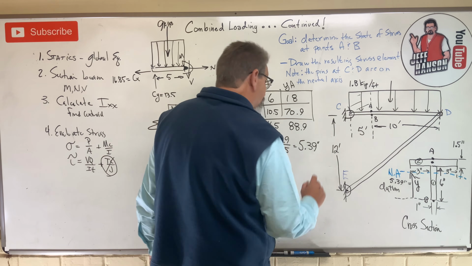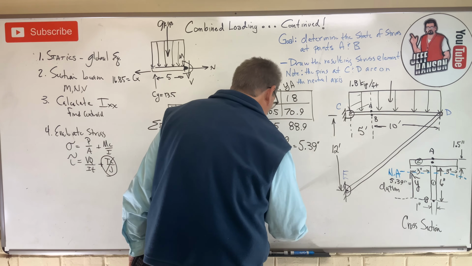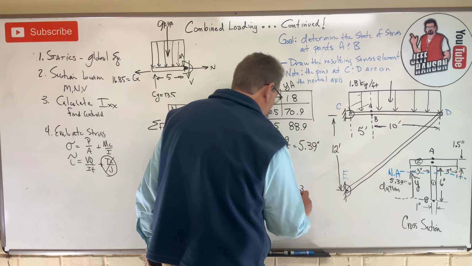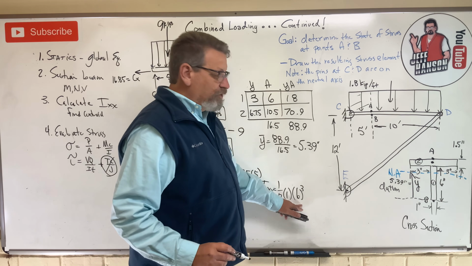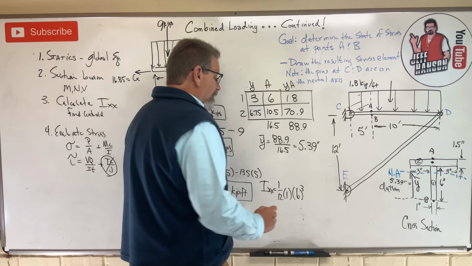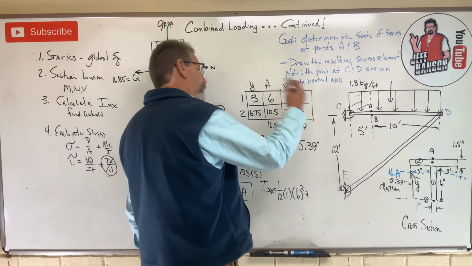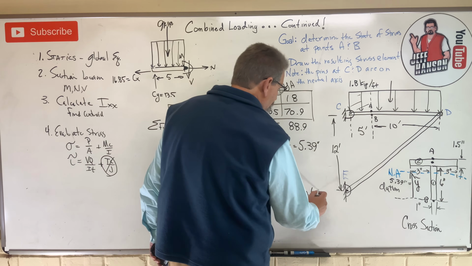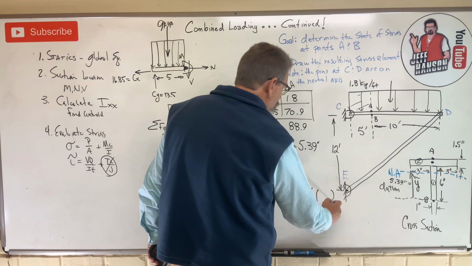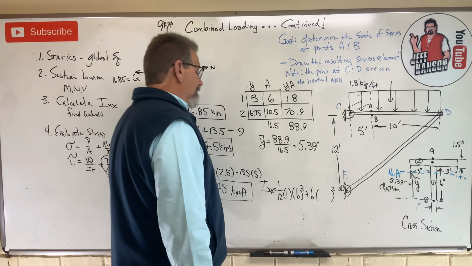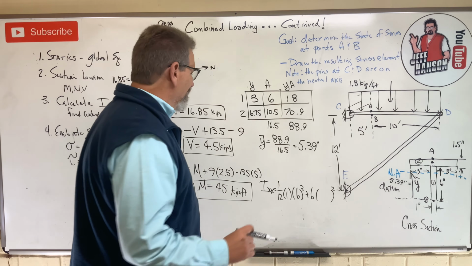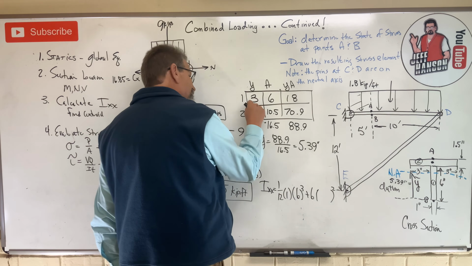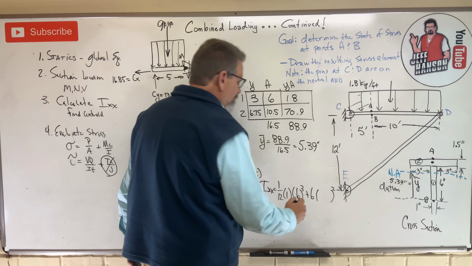1/12. The base of piece number 1 is 1. The height of piece number 2 is 6 cubed. 1/12 BH cubed, remember that's for a rectangle, plus the area of piece number 1, bam, right there, 6 times D squared. What is D? Remember, this works every single time. Take that number, 5.39, subtract that number from it, which leaves you with